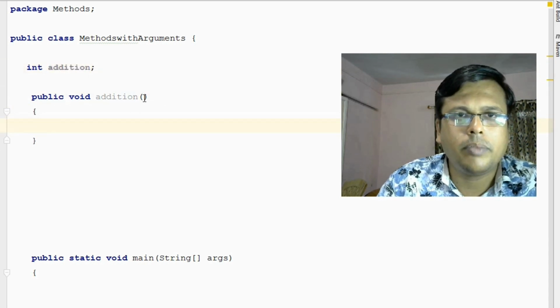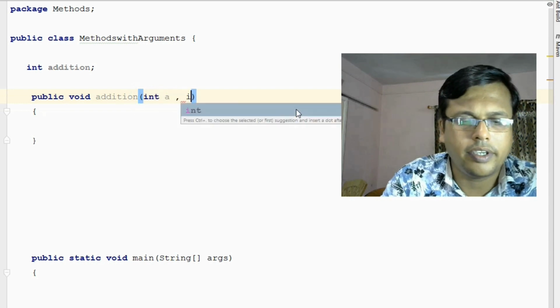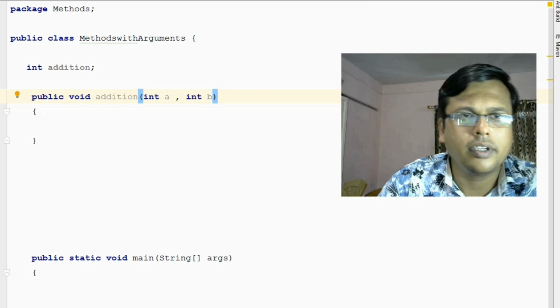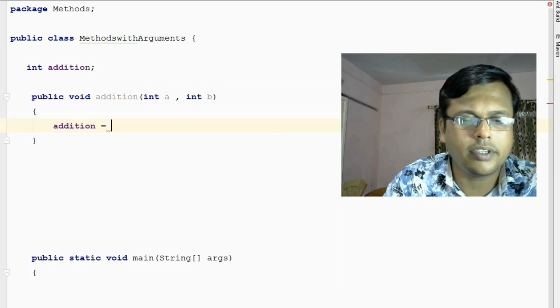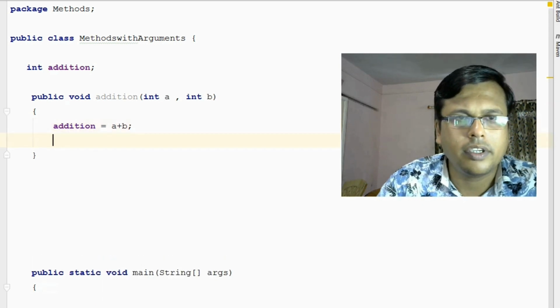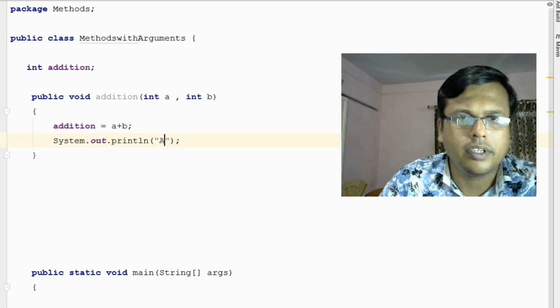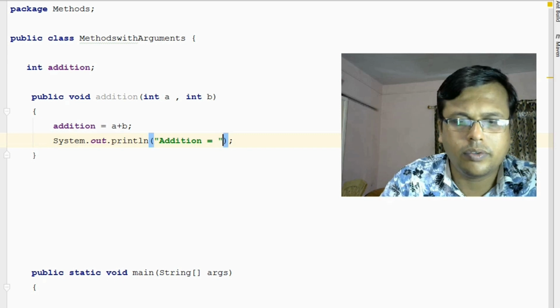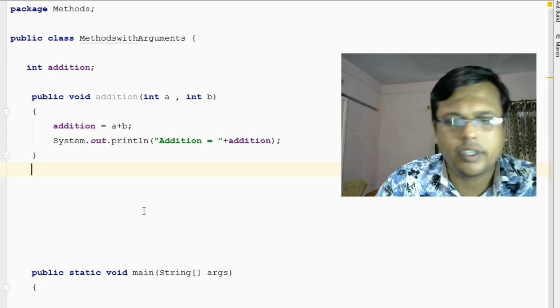Now I'll pass a few arguments into it. Let's say int a, int b, and then here I'll write addition is equal to a plus b, and let's print the addition. Addition is equal to plus addition. Okay,